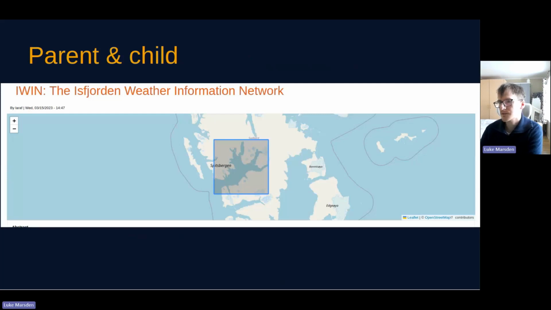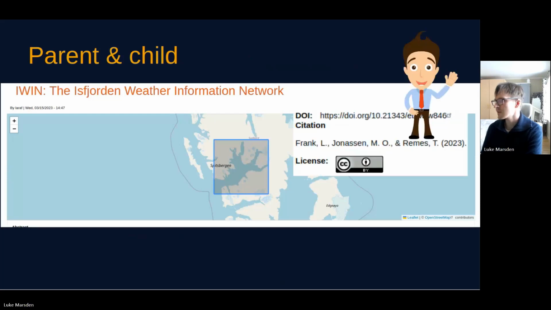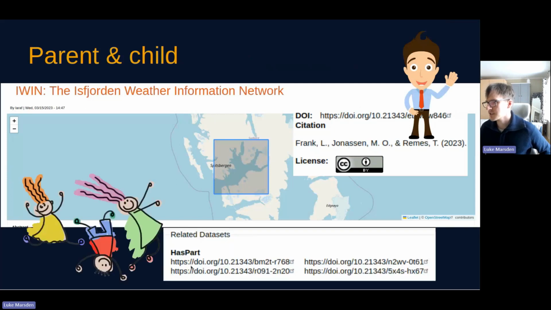So this is an example from some data that we've published at UNIS, the Adventdalen Weather Information Network. So we have a parent DOI and citation. This is Lukasz Frank and Mariusz Jonasson. And then you also have children data sets, which each have their own DOIs. So you can imagine this being a single weather station somewhere within this box.